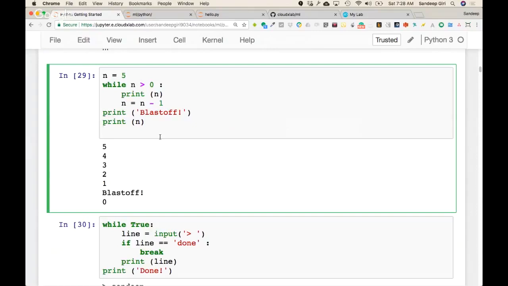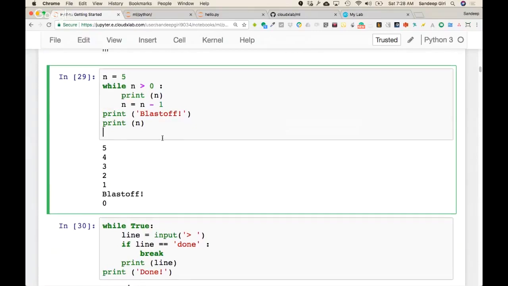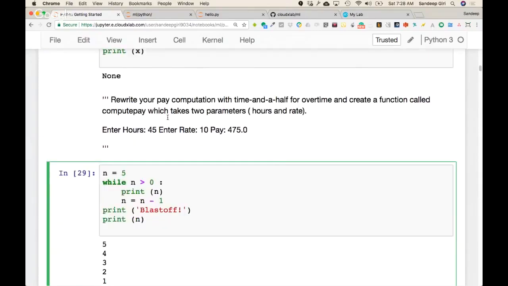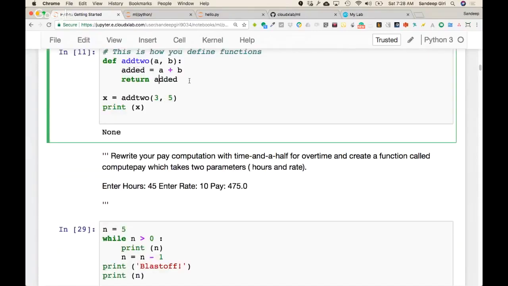Now a question from Bindao is, what if we change return to print? Okay, let's just change return to print. All right, good point. So let's say I'm changing here to print. Okay, and my suggestion to all of the